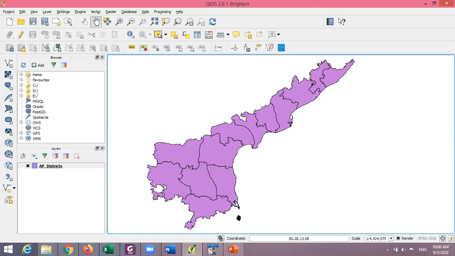Point. What is a point, right? So I'm going to import information about a particular point, which may be a city, it could be an airport, or, in this particular case, a rainfall station, which is recording rainfall information. For that, let me open a text file that I've created.